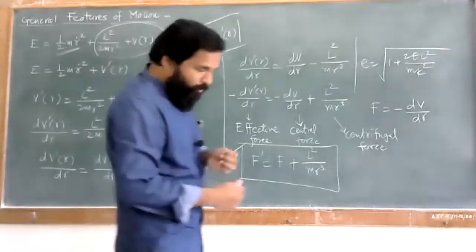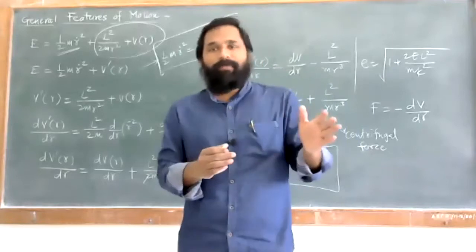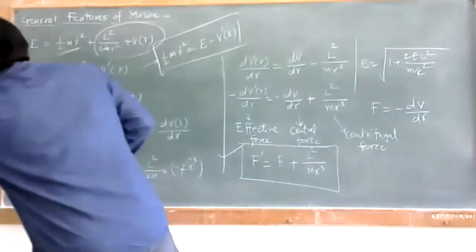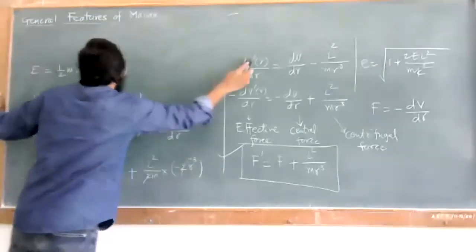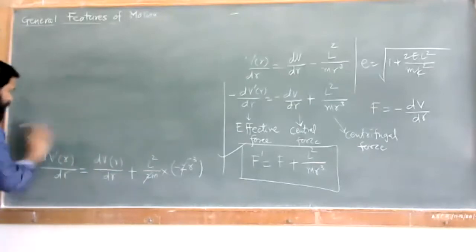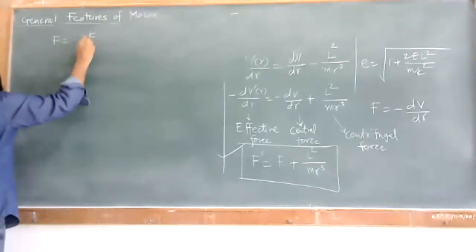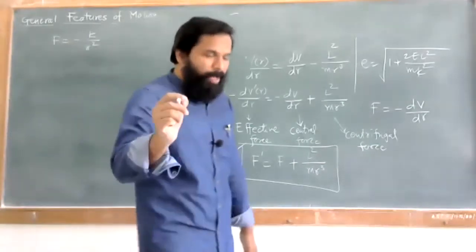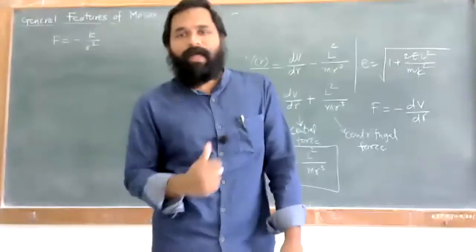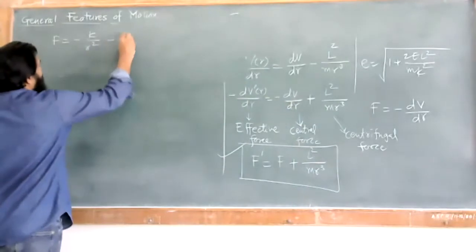We take one example for this. That is nothing but the central attractive force. The best example is the gravitational force that we have already seen. So you can have those conditions. You can remember these points. So in order to have this, we will have a look. That is the central attractive force. It is given as F is equal to minus K upon R square. Gravitational force is minus GMm upon R square. So that is represented as F is equal to minus K upon R square, and this is called the central attractive force.